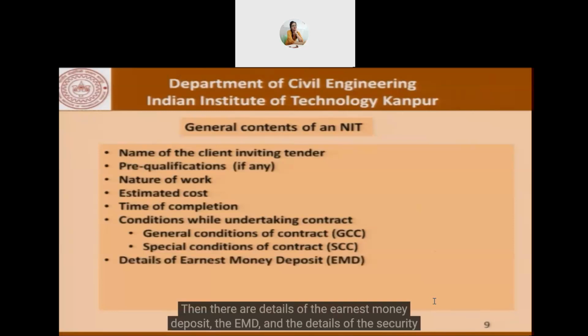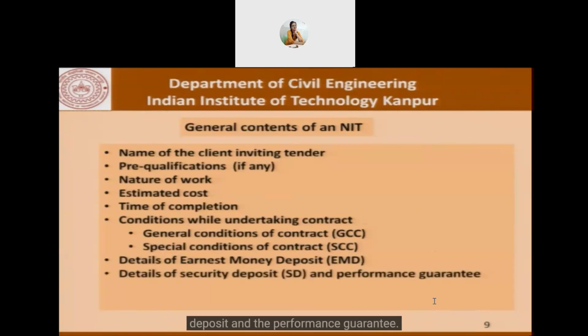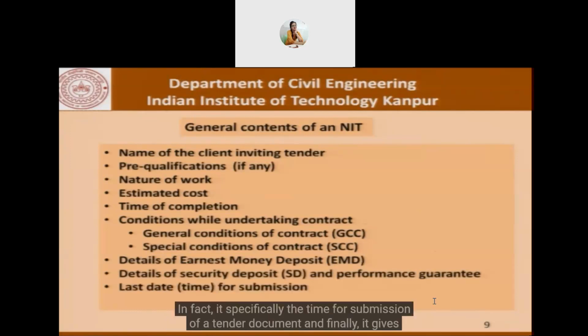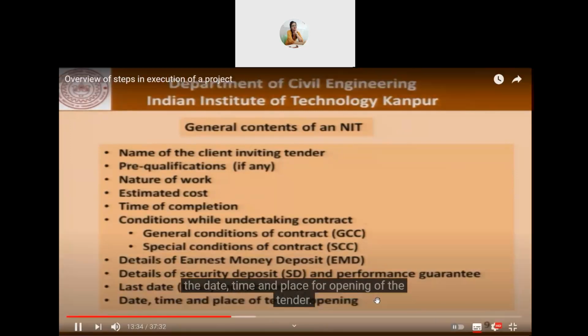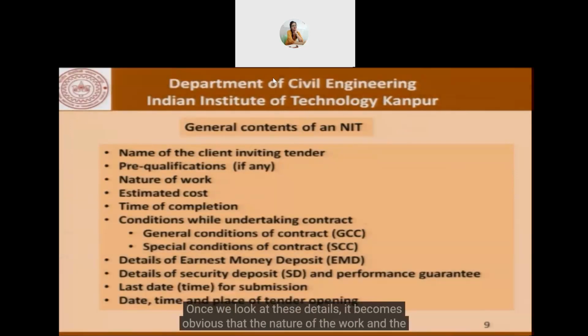Then there are details of the earnest money deposit, the EMD, and the details of the security deposit and the performance guarantee. It also contains the last date, in fact, specifically the time for submission of a tender document. And finally, it gives the date, time, and place for opening of the tender. Once we look at these